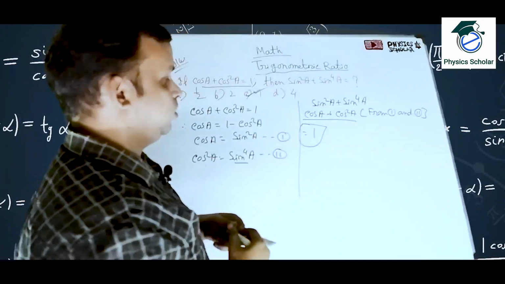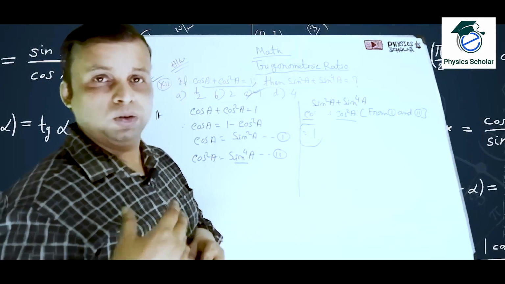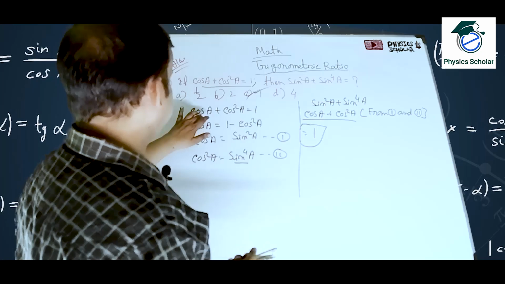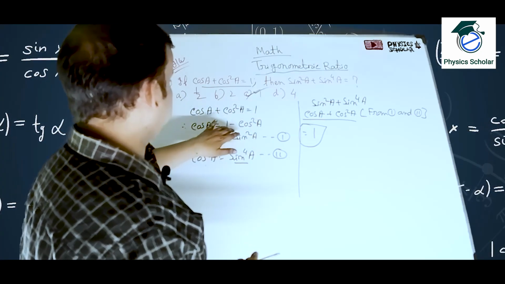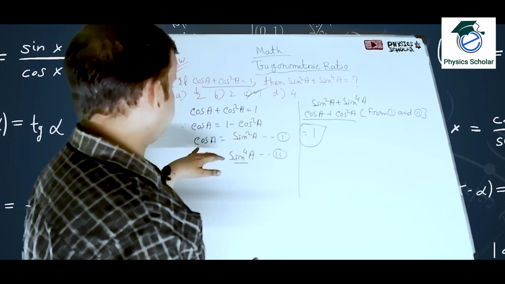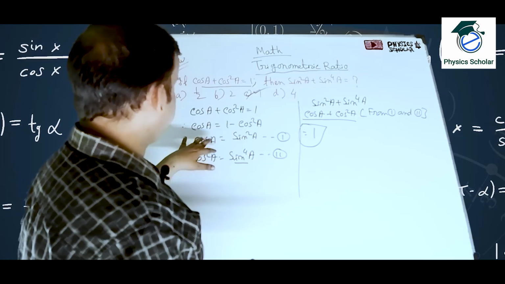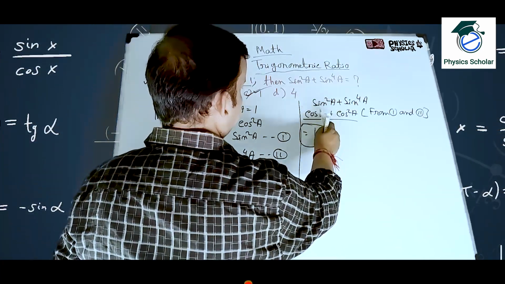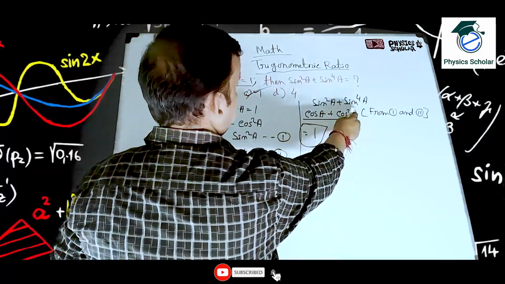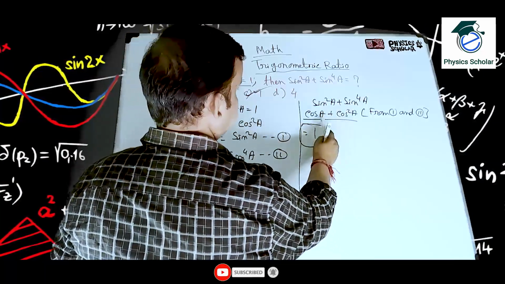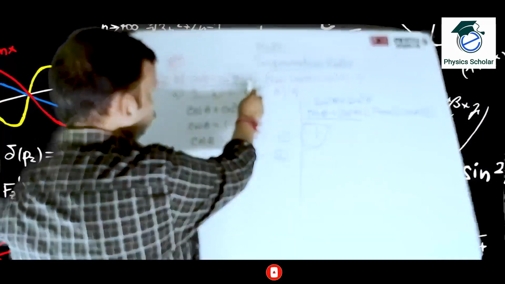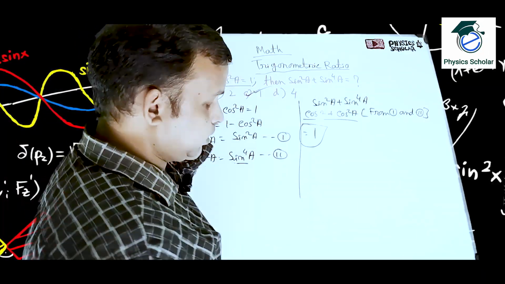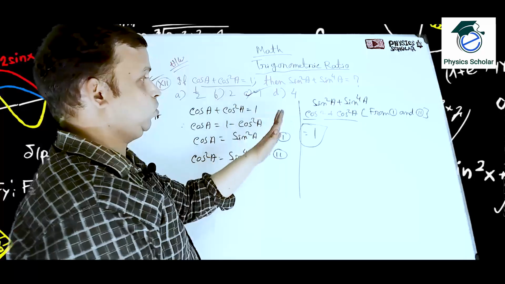Okay, so a little bit tricky. If you don't know how to do it, you may face some problems. Clear? So cos A plus cos square A is equal to 1. So cos A is equal to 1 minus cos square A. That means sin square A. So squaring both the sides, cos square A is equal to sin to the power 4A. So sin square A plus sin to the power 4A. That means what? Sin square A means cos A and sin to the power 4A means cos square A. Clear? So cos A plus cos square A is given over here. This is 1. So 1 will be the answer. So option number 3rd will be your answer. So hope you have understood this.